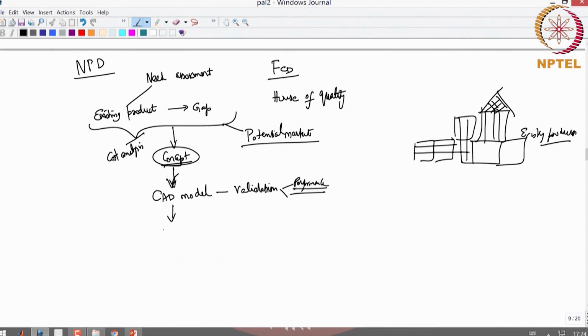Prototype. You can go to prototype. Okay, then that's it. Go to the market. Then what do you do? Actually, into the users, like about all team. Then the prototype needs to be validated. There are some errors, they need to go back.